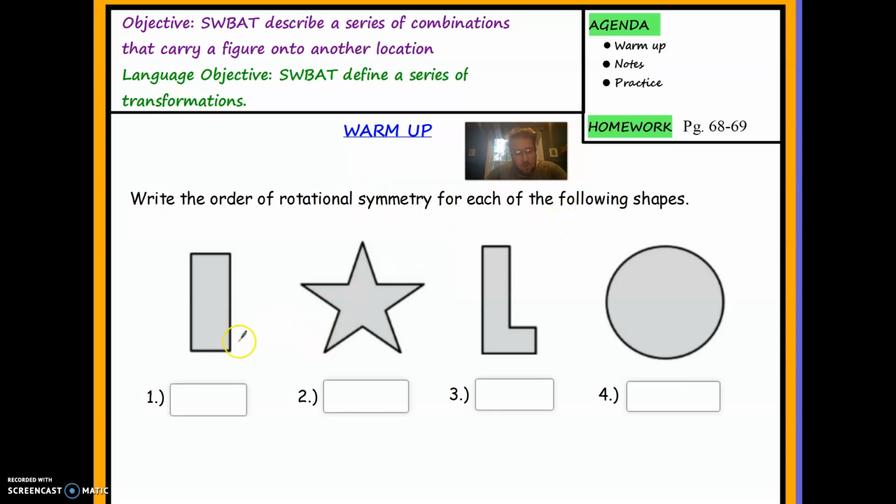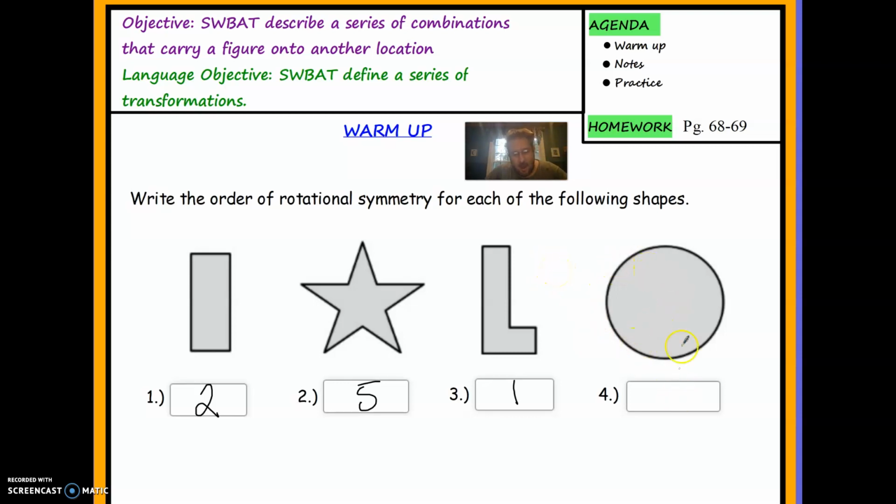of rotational symmetry warm-up. This has an order of rotational symmetry of 2, and the reason why is because it'll be the exact same shape if you spin it 180 degrees and 360. So it'll look exactly the same twice if you turn it 360 degrees, whereas this will look the same 5 times. This will only look once exactly the same, because remember, if you turn it upside down, it's going to